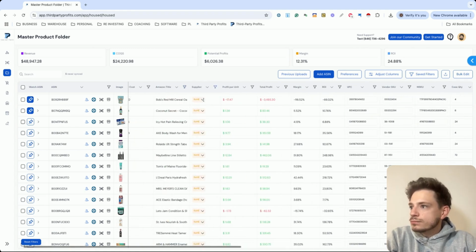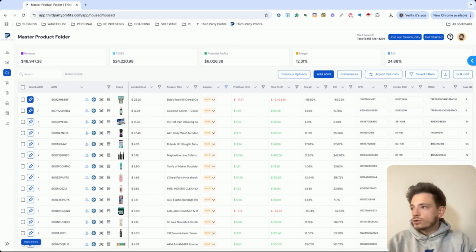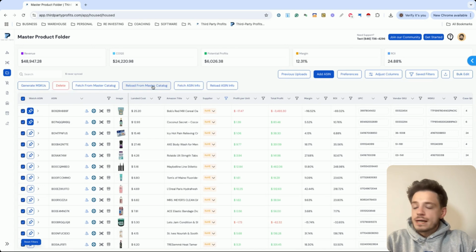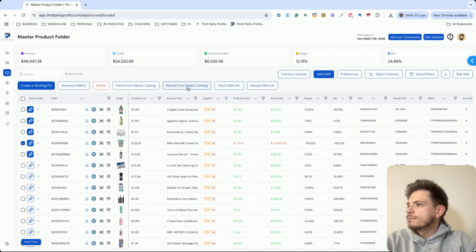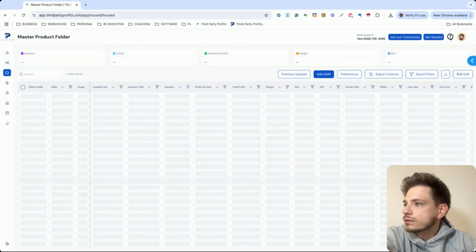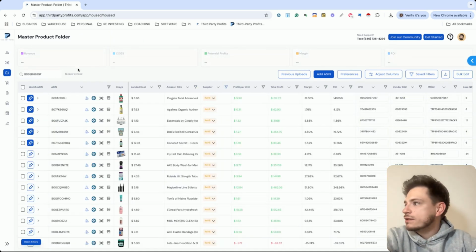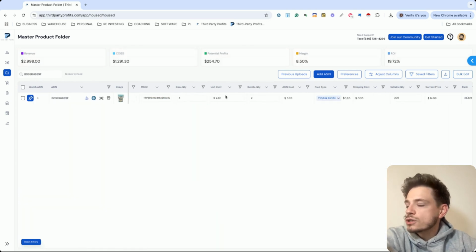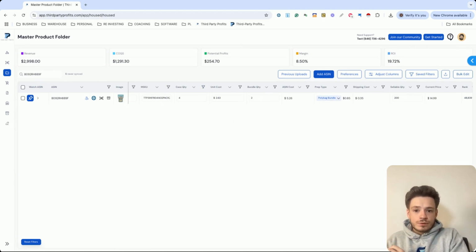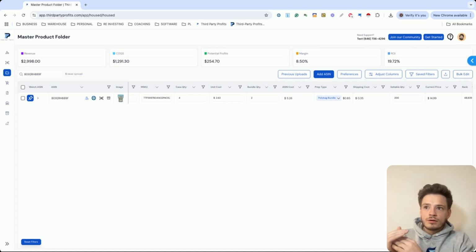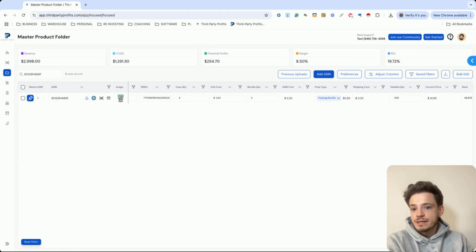Now what I'm going to do, and like I said, imagine you filter down by the vendor, you select all, and you hit this reload for master catalog. Now watch what happens to this specific product instead of doing all the items. And just like that, we're going to see for this specific item that our cost has changed. It went from being $12 to $2.63. So we can literally scrape against and see every single new cost of goods in a brand new file that we got to see if the product has become profitable